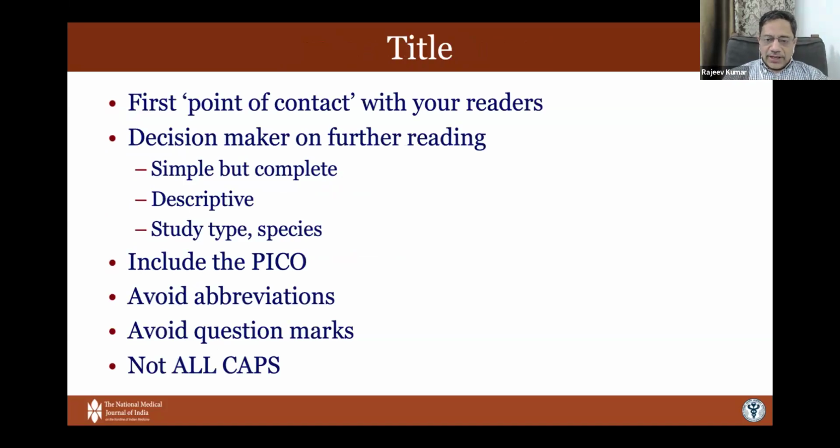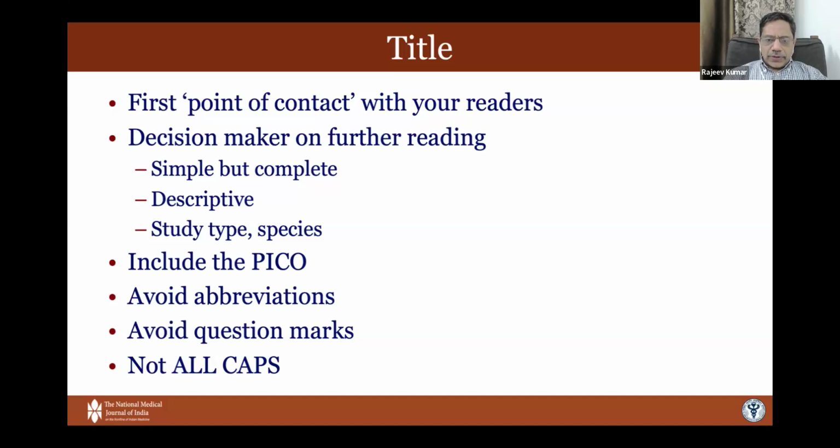First is your title. And like I said about 5 minutes ago, a title is your first contact with your readers. When you do a PubMed search or when you do an abstract search, the first thing you'll get is a title. And if a title is boring or uninformative or doesn't tell the readers what it's all about, you're likely to get skipped. Therefore, it has to be descriptive. It has to be complete. Nonetheless, it can't be 100 words long. So it has to have all the content that you wish to inform, but within a finite limit.